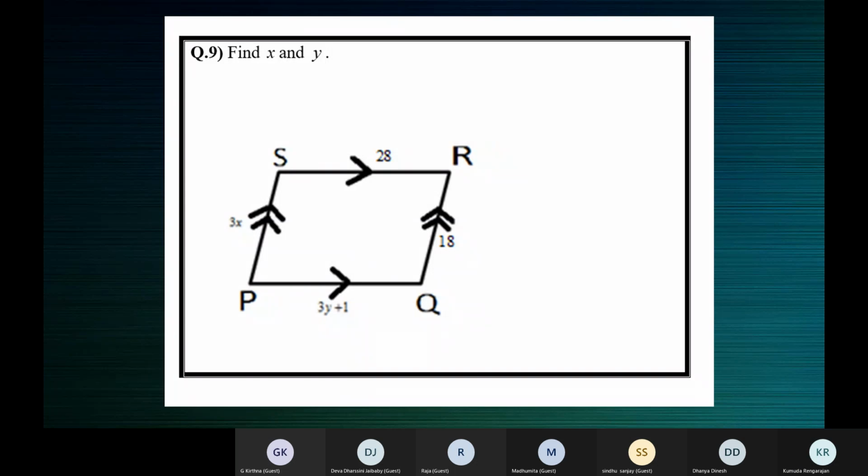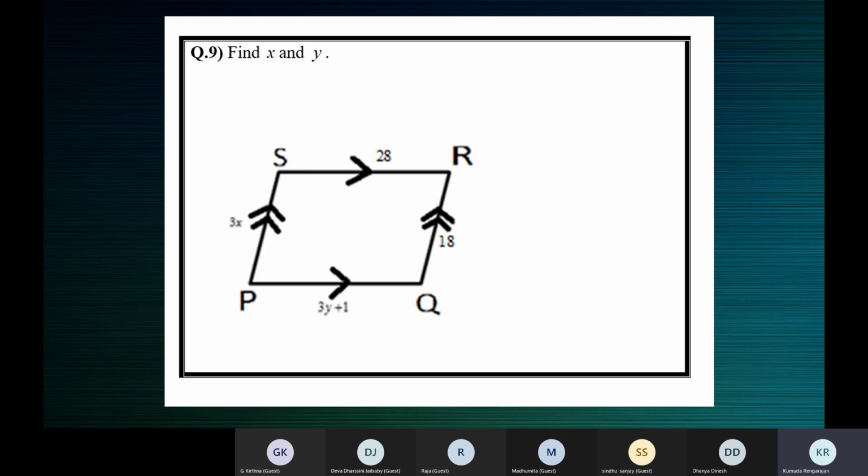Let's do this now. This is a simple one. What will you call this figure PQRS? Is it a square? Is it a rectangle? Is it a rhombus? Is it a parallelogram? Ma'am, it's a parallelogram and a rectangle. How do you say it's a rectangle? Ma'am, the opposite sides are marked equal. Oh, no, ma'am, they are marked parallel, so it's only a parallelogram. Yeah, PQRS is a parallelogram.